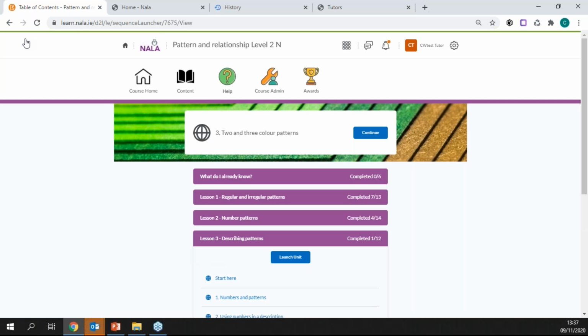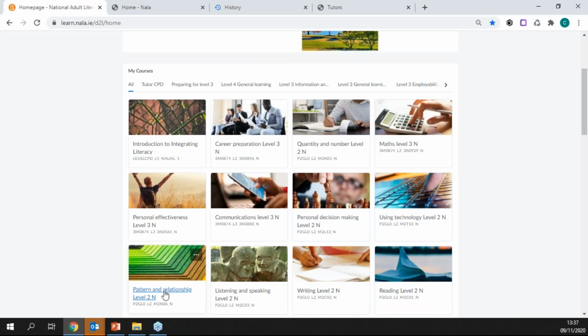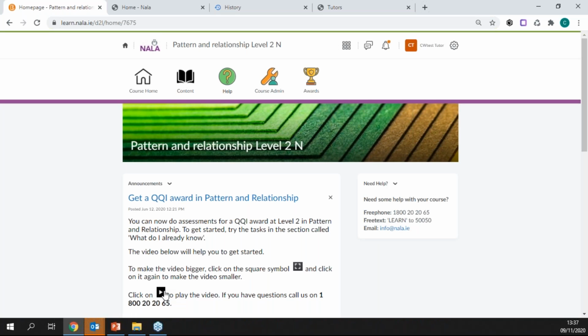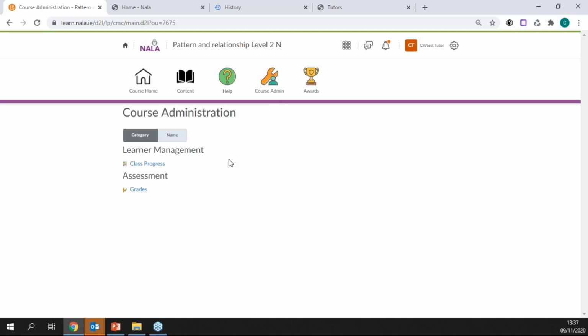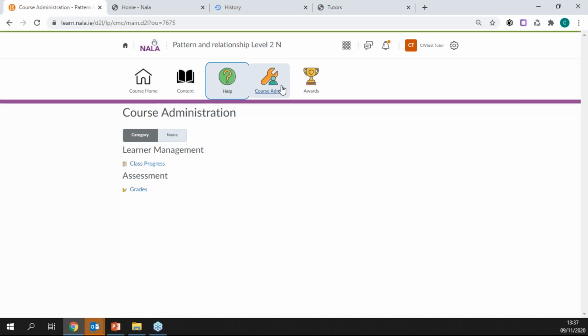If you want to view progress for a course, for example, if I go to the home page again, then you click on a course of interest, then go to course admin and class progress. All of these steps are available to you in a tutor guide. When you log in with your tutor account, that tutor guide that I put into the handout section today is also available to you there. You can download that and it'll explain how to follow progress. So I can go to class progress